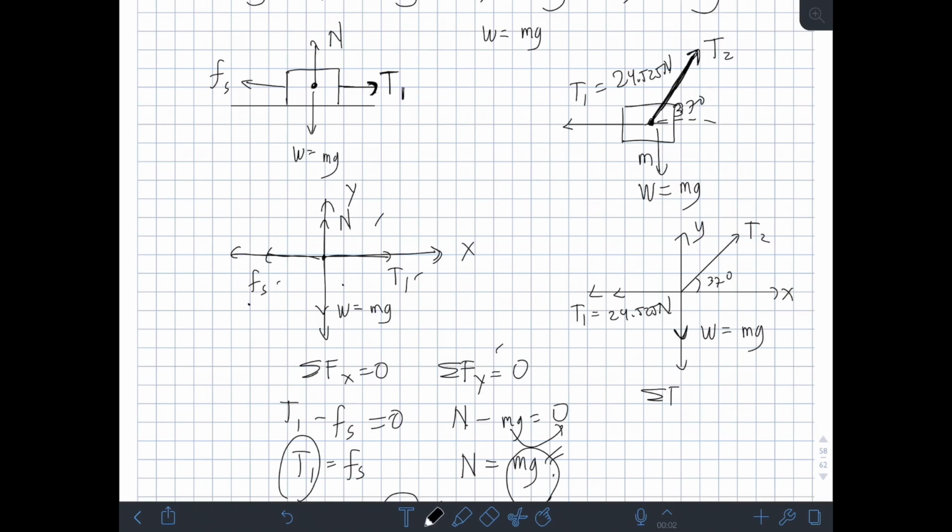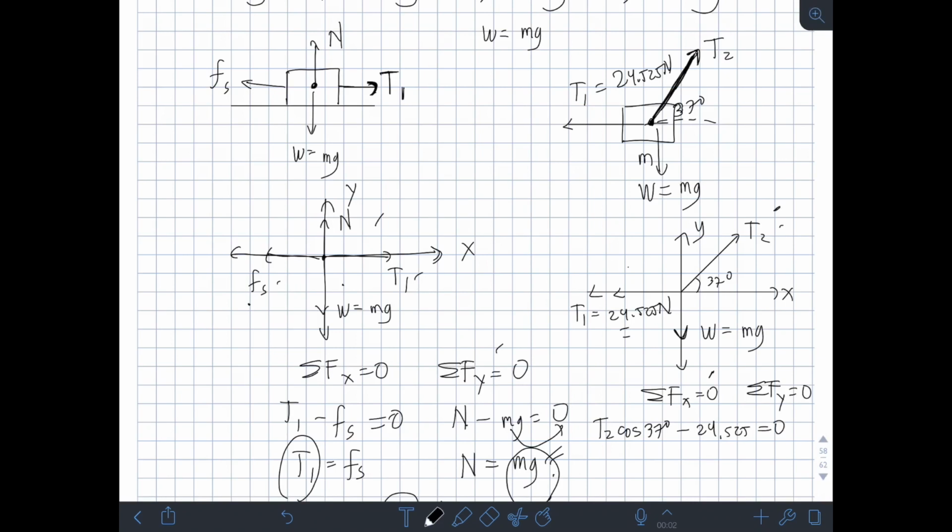Ibig sabihin, summation of forces along x equals 0 and summation of forces along y is equal to 0. So, ibig sabihin, 0 yung resultant ng system. Balance yung system and walang motion. So, therefore, pag ginamit natin yung equation 1, yung summation of forces along x, pwede natin i-consider yung horizontal components ng mga forces na involved. So, itong tension 2, may horizontal component siya na yung formula natin kanina, yung magnitude ng force times cosine ng angle niya. So, nasa first quadrant siya, right? So, dapat positive. So, T2 cosine 37 degree. And nitong T1, dahil direct siya sa x-axis negative, so pwede natin sulat directly yung magnitude niya na negative